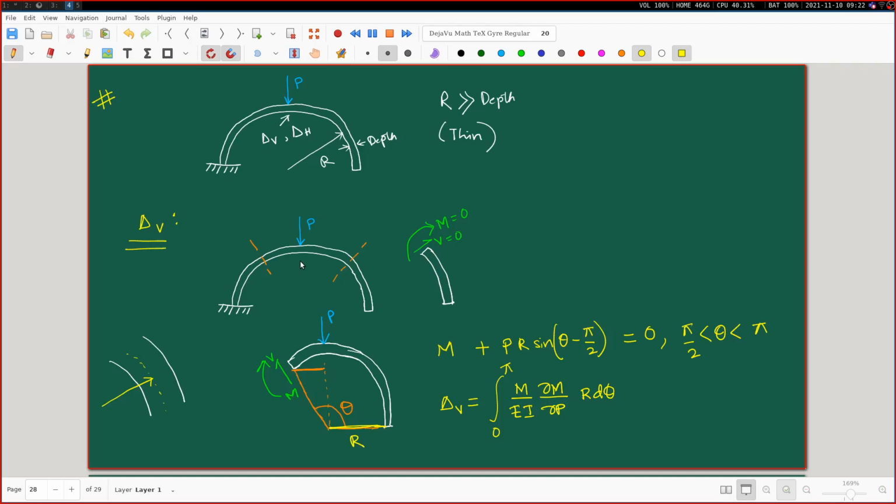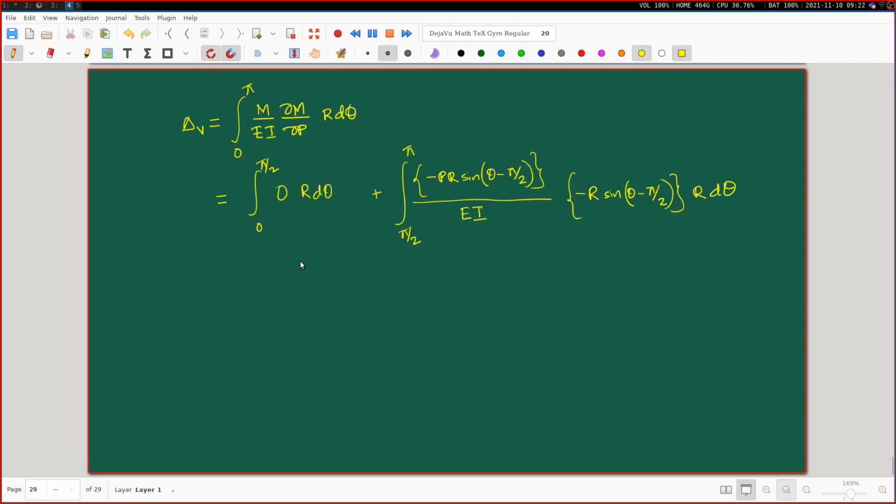So it is very important to note that at a certain point, even if you have a force, do not blindly go forward and just do a del P of that thing. You have to also note that not just the location is important, but the direction is also important. So for the horizontal deflection,